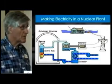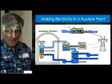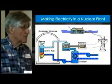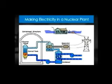This is a boiling water reactor, like Vermont Yankee. There's an extra loop in pressurized water reactors, but it's the same deal. Let's start on the far left. You've got a heat source. Now, in a nuclear plant, that's a nuclear core. But this could just as easily be McNeil Generating Station down here with its wood-burning power plant. As long as there's a source of heat, it's going to boil water. This source of heat is a nuclear reactor at low temperature steam. McNeil actually has higher temperature steam than a nuclear plant. Okay, so you've got the nuclear boiler creating bubbles, steam, that run up, and then that light blue line across the top is the